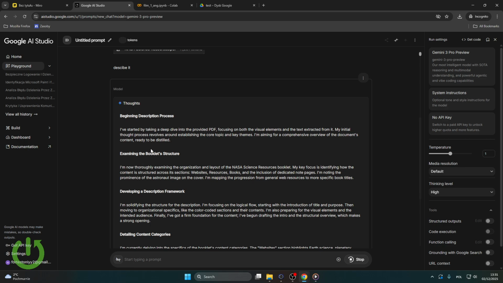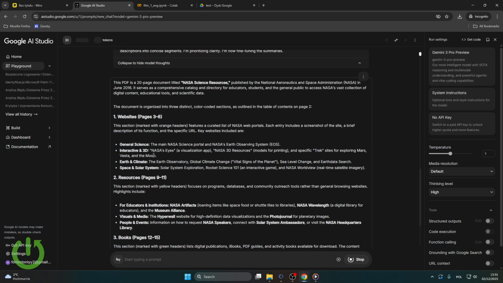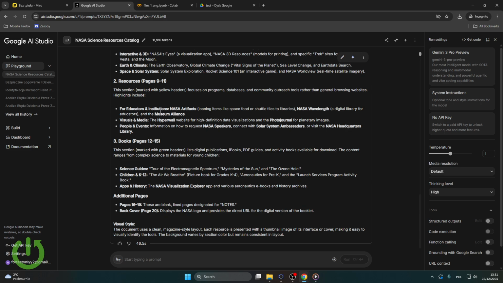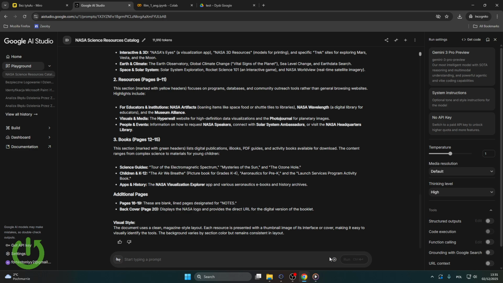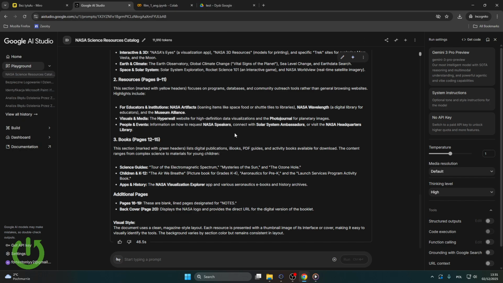We have begun the description process, examining the structure. As you can see, this PDF is a 20-page document titled NASA Science Resources. You can read it, but it's not very important right now. In order to add video, we have to click basically the same, upload file. We can press on the video and add it. It works the same, so I'm not going to show you this